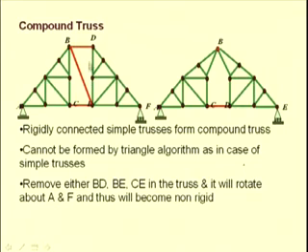And we see that even if we remove one of these members, let us say in this compound truss the member BD or the member BE or the member CE, the rigidity of this compound truss is lost, and this portion DEF starts to rotate with respect to this simple truss ABC. So, these three connections, that is BD, BE and CE, are optimal connections to ensure rigidity.